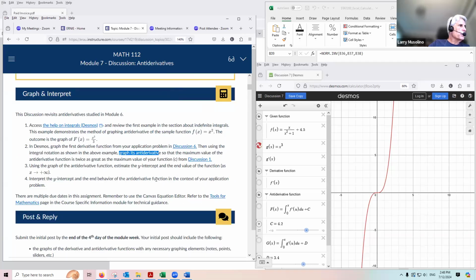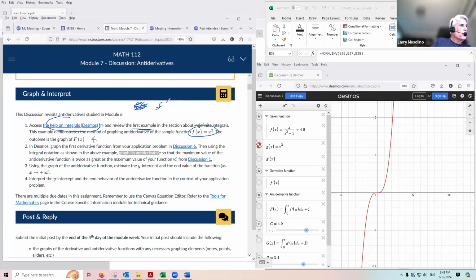Okay, so let's read this again. And I'm going to use this Desmos graph as an example. All right, here it is. It says, look over the background information on integrals. And like the example we just did, if the original function was x squared,